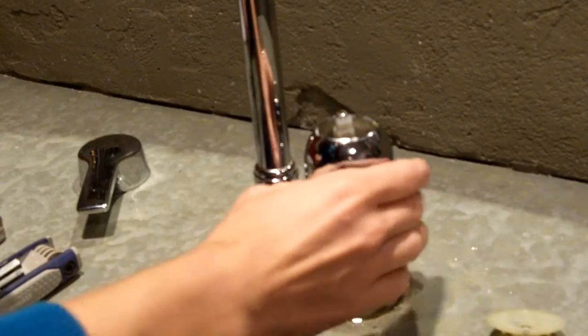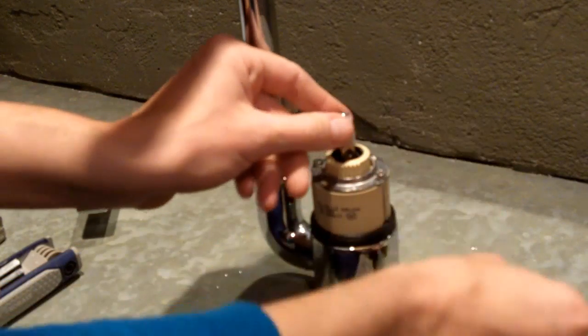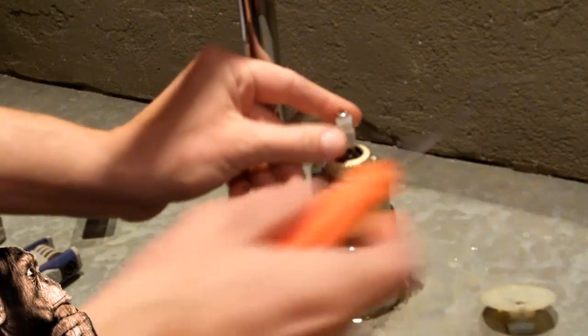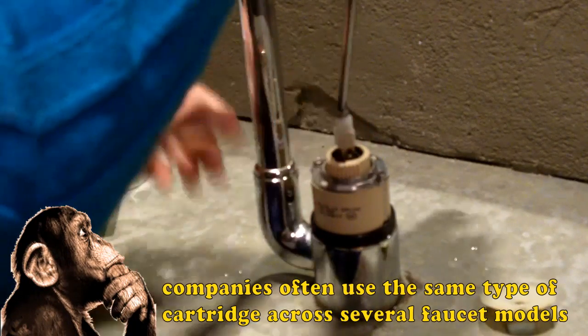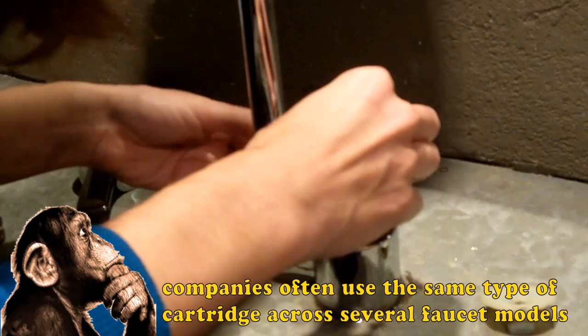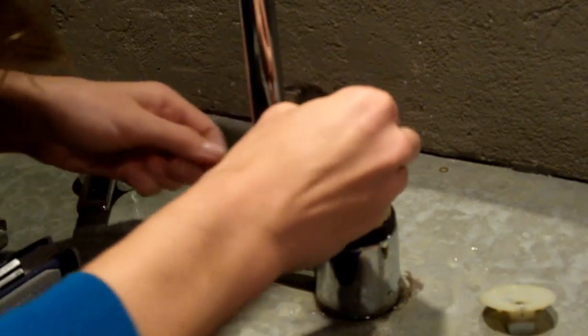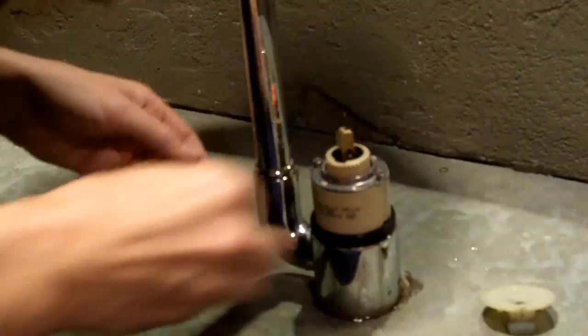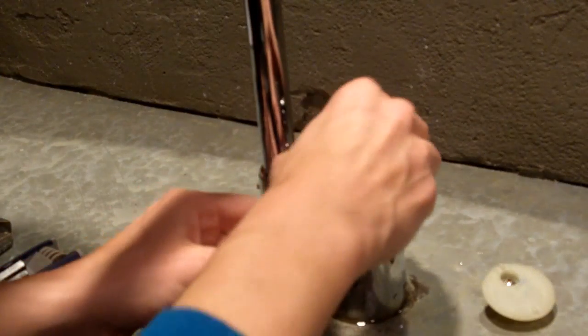Now I was just looking at this. I'm going to take this back off. This piece does not fit on here, so this little thing I believe is optional. So I'm just going to remove this screw. Whoops. It was a washer. Well, never mind. I won't need it anyways. Remove that piece. And now I am